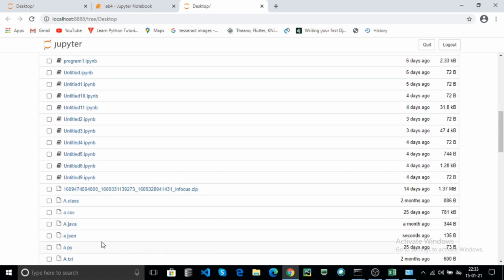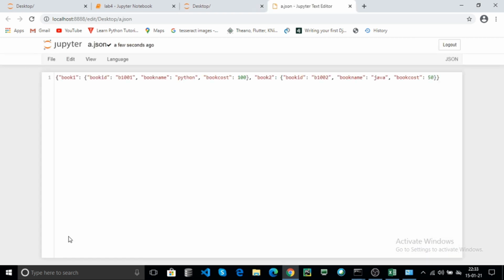Here the file is a.json. Now click on that. Here this is the JSON string, with the extension JSON, JavaScript Object Notation.